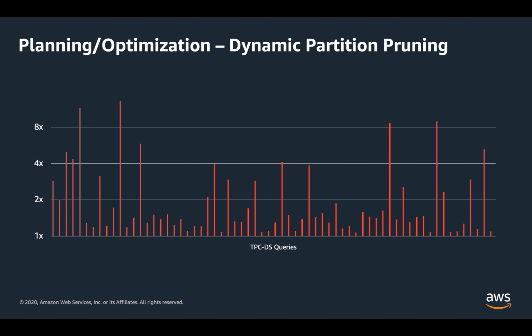There are other improvements which are part of the EMR runtime, and one of them is dynamic partition pruning. As part of dynamic partition pruning, we are reducing the amount of data that we are reading based on intelligent pruning on large tables, and you can see that it adds significant performance improvements to both long and short running queries. Again, this is 100% compatible with open source Spark API, and your workloads would run as is. These are just query optimization techniques.